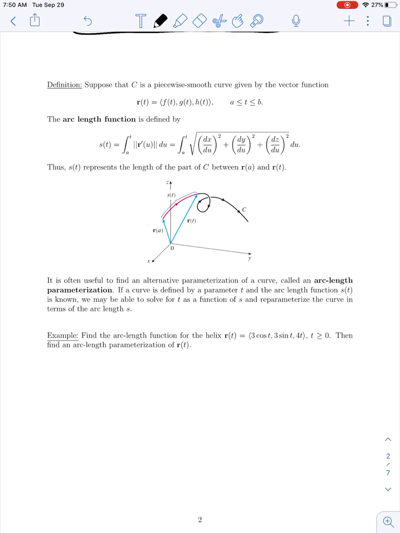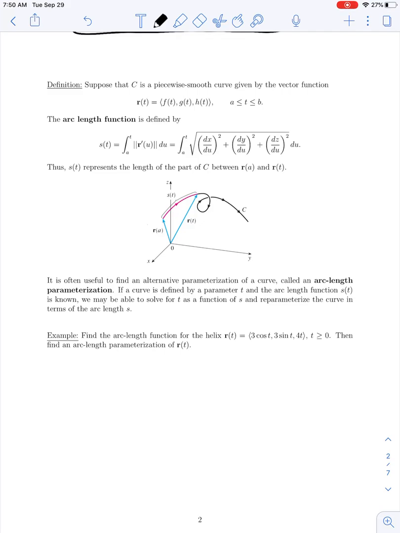Now, the next thing that we'll introduce is an alternative way to parameterize curves, space curves in particular, in terms of arc length. So what we've been considering so far are space curves, which are the graphs of vector functions of the form r of t. So the variable or parameter t that we're using typically represents time. So we're sort of sketching out the graph of a space curve as maybe an object moves through time,